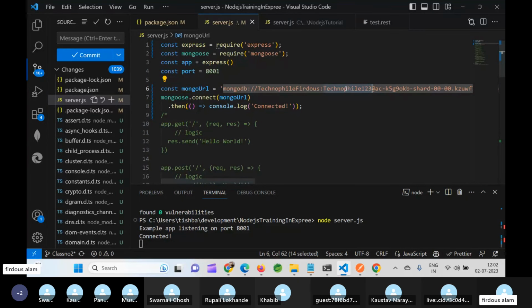Keep it in mind, your password should not contain any @ symbol, any dash, any dot symbol. Those things we should not have. Put it in one variable, like for my case, it's Mongo URL. Okay, we have this, and then